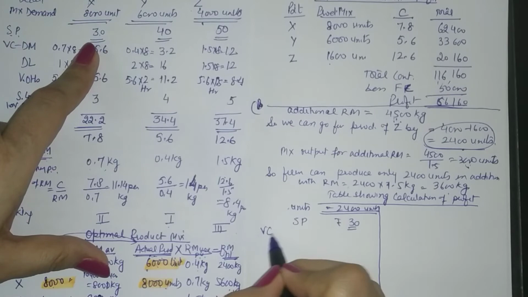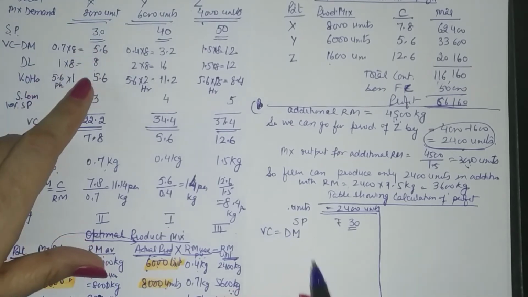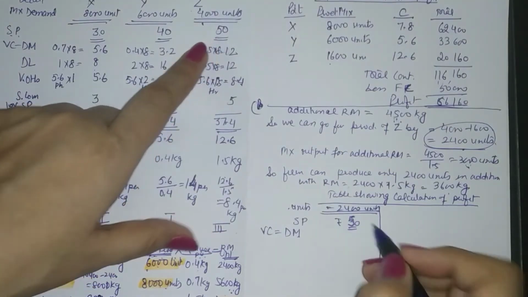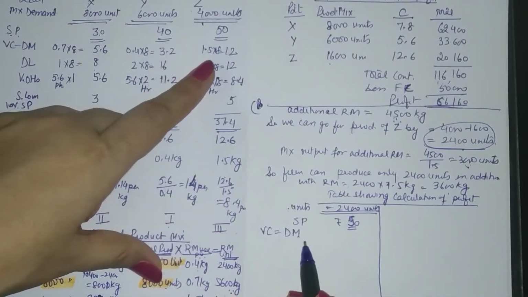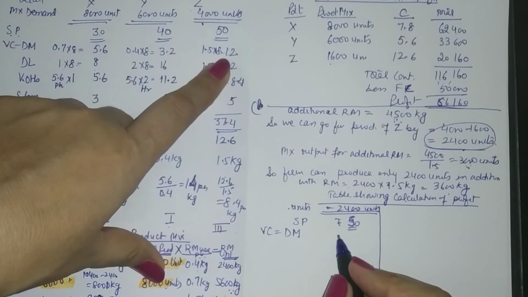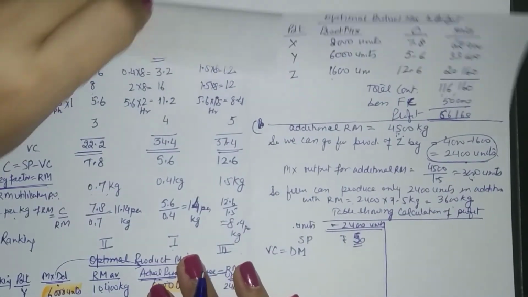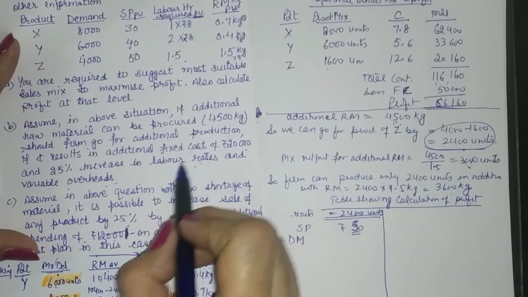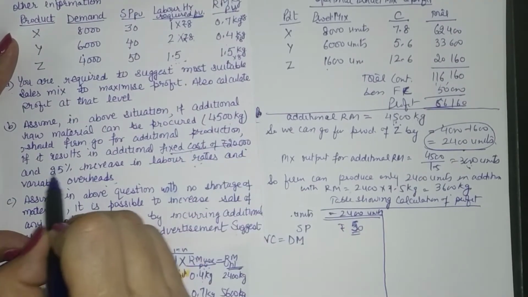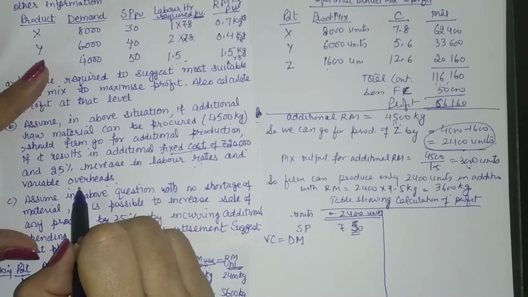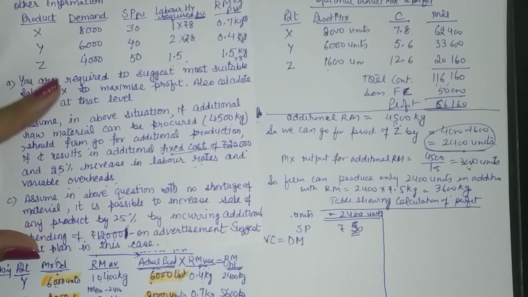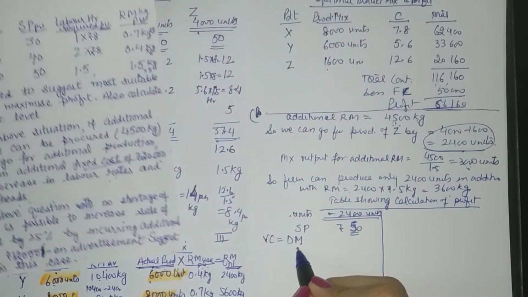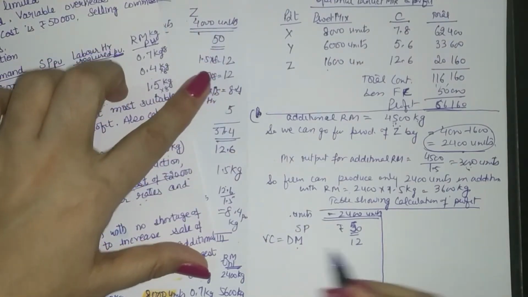Now take up the variable cost component, direct material. So for Z, we are working for Z, sorry. Now for Z, what is the raw material requirement? Raw material requirement is 12. Let us look at the changed scenario. The changed scenario is that if you go for production, your fixed cost is going to increase, your labor and variable overheads are going to increase by 25%. That means material cost is going to be the same. So material cost was 12 rupees, it is going to be 12.